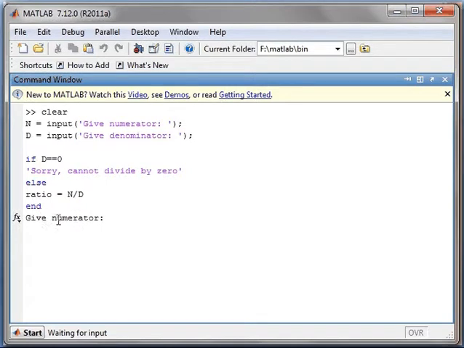Now it's asking me the value of numerator, so I am giving the numerator value 5, entering. It is asking for denominator, value 6, again enter, and the output it is giving is ratio = 0.833, that is 5 divided by 6, value is 0.833.